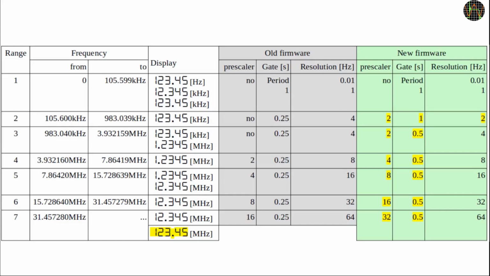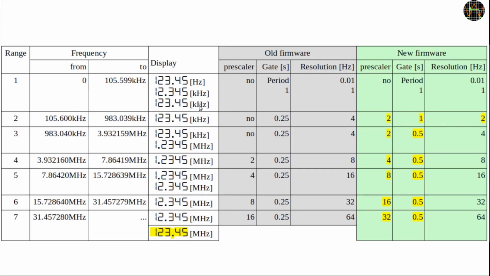Apart from the display conversion, what is actually different in the firmware, you may ask, and this table provides the answer. On the left are the different frequency ranges that the firmware has implemented. The values may strike you as odd, but trust me, there is actually a reason why these values, but I won't go into explaining them in this video. The next column shows how that range is shown on the 5-digit display using an example value. I put units behind them, but of course there is no unit display.